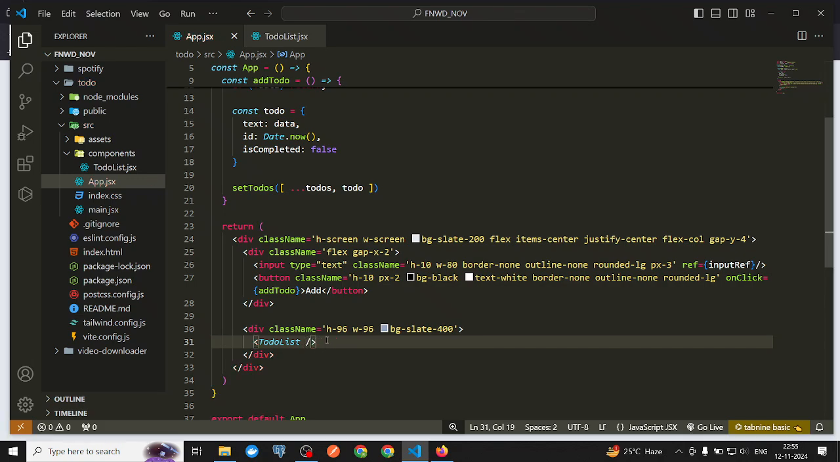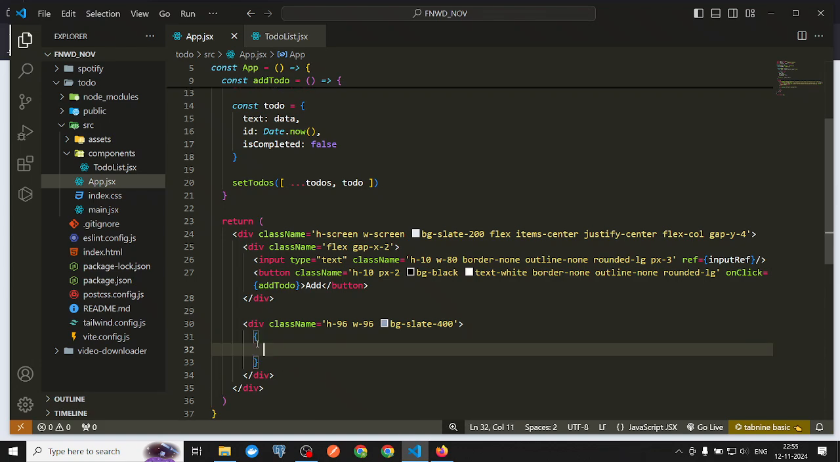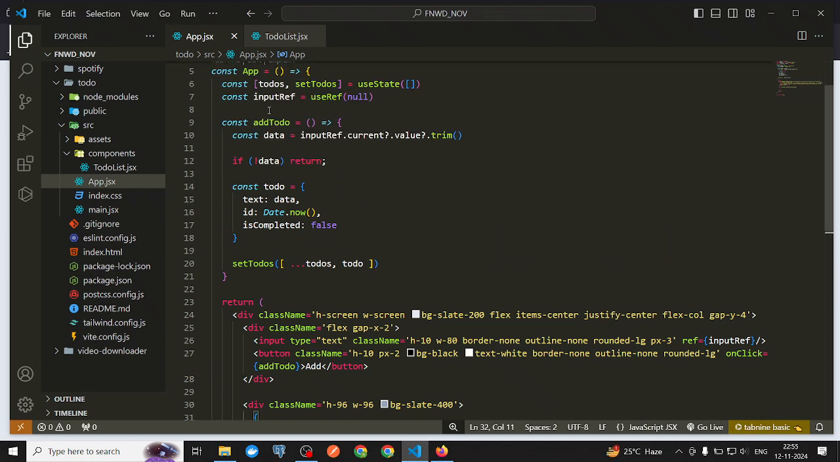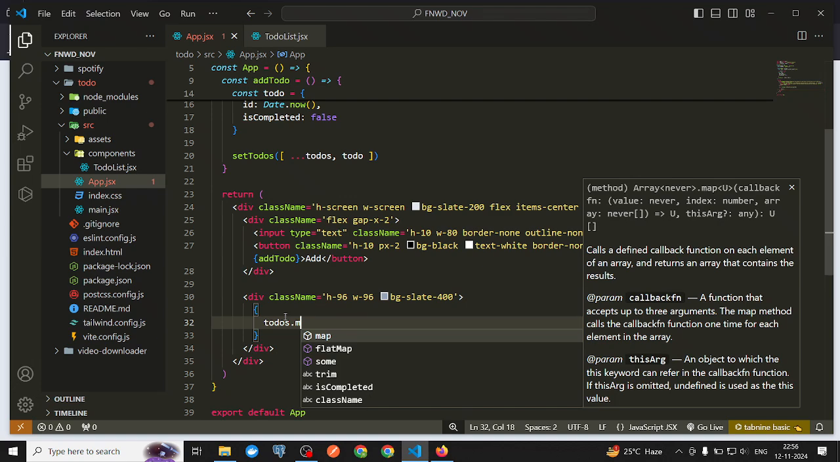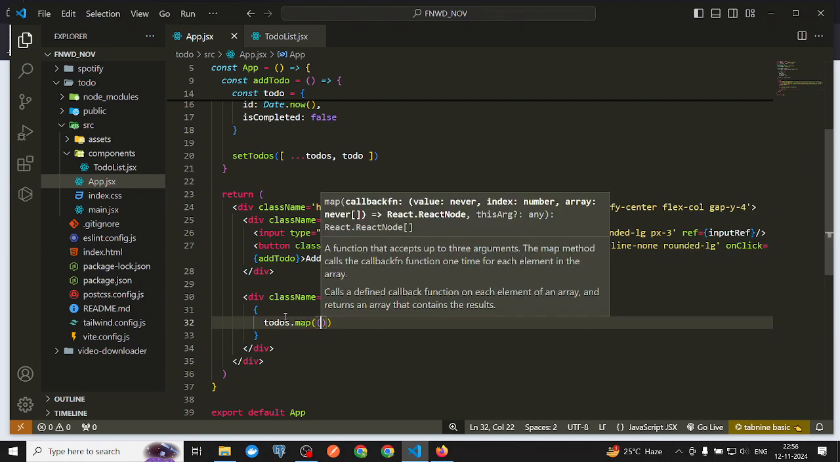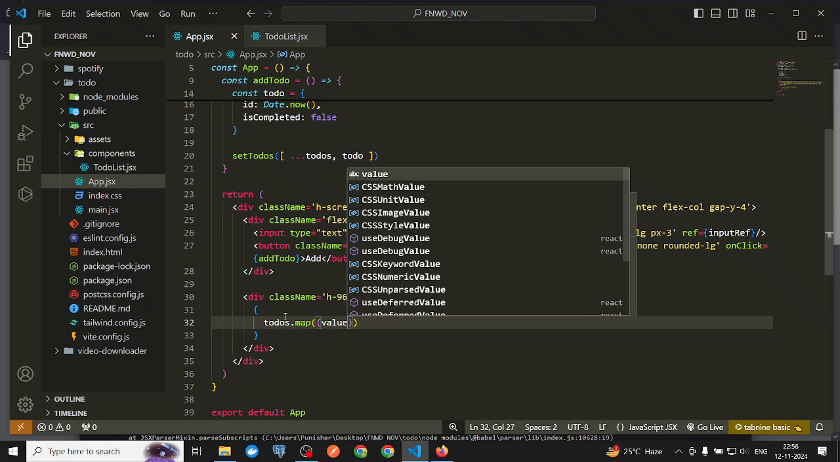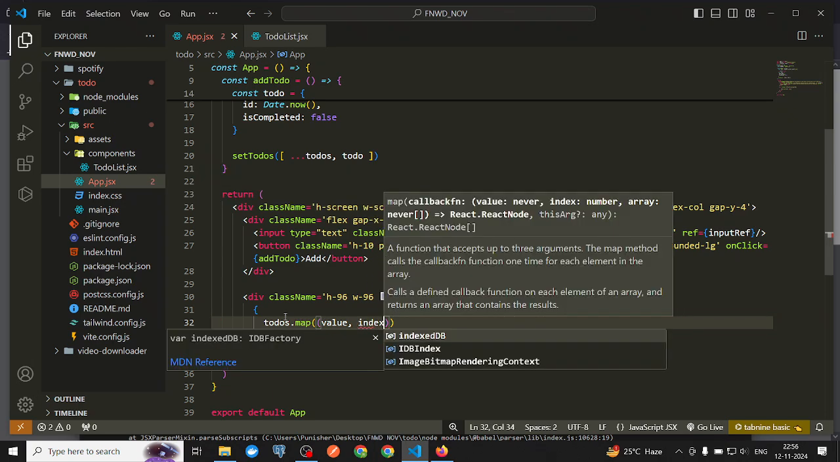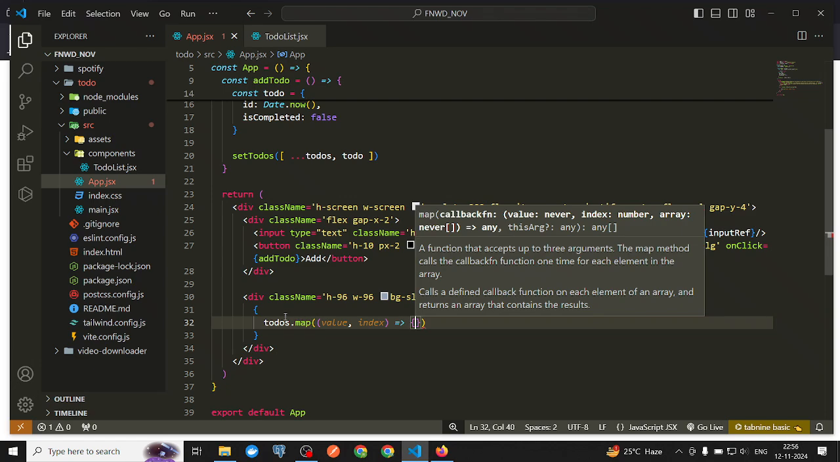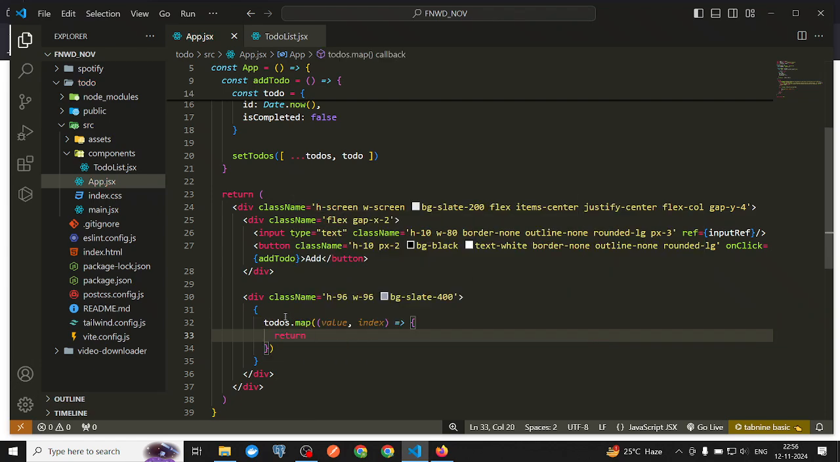First of all, I cannot write todo in this manner. I have to open a pair of curly braces. After that, I should run a loop on this todos because it is an array, right? So I will take the todos and I will put a map on it, and on that map I can get the access of the value, means each object from the todos array, and also I can get their indexes, right? And I have to return, what should I return? I should return the todo list,